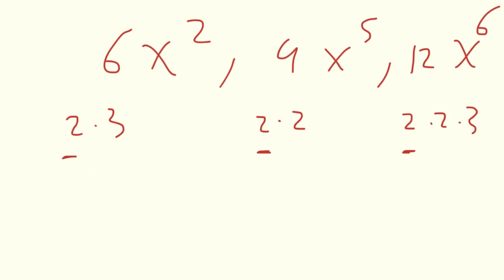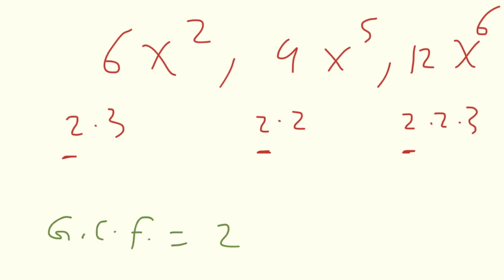Do you see anything else repeated in all of them? Nothing is repeated in all of them. Because this 3 is here, but not here. And this extra 2 is here, not here. So that's it. Khalas, we stop here. So the greatest common factor